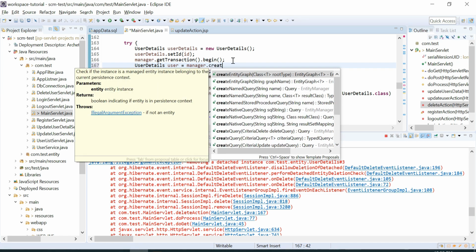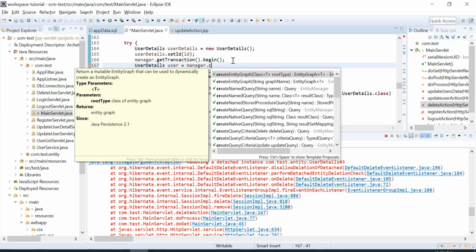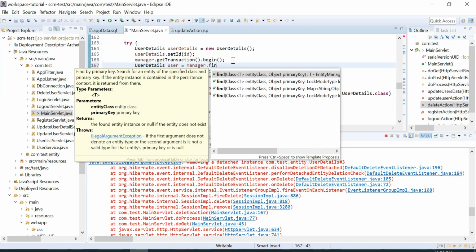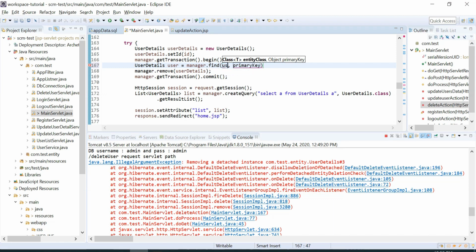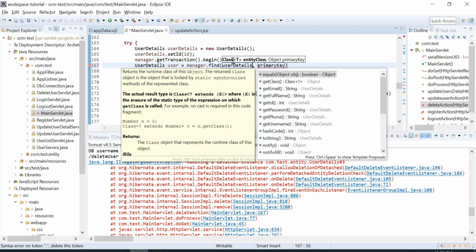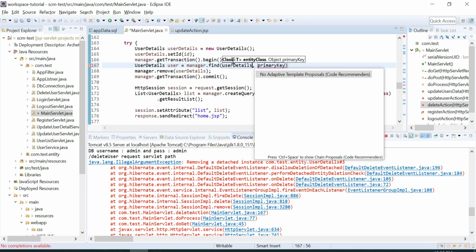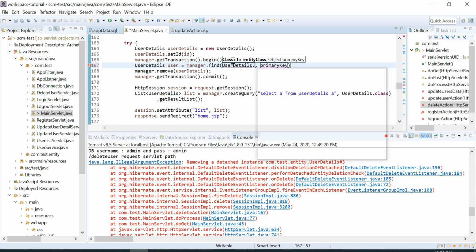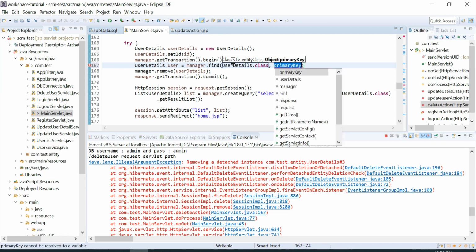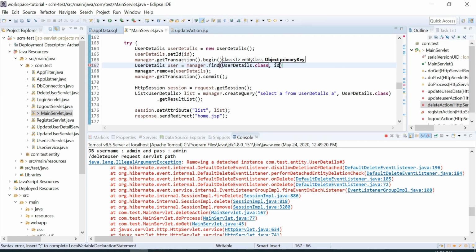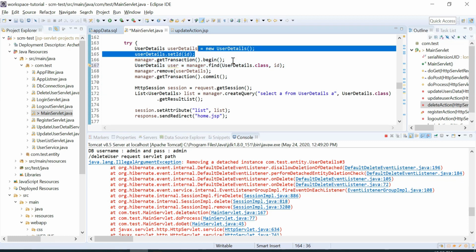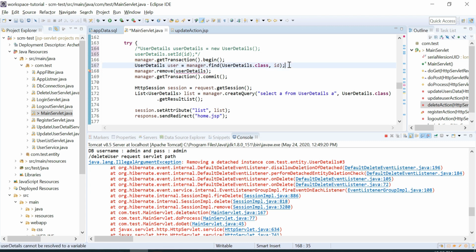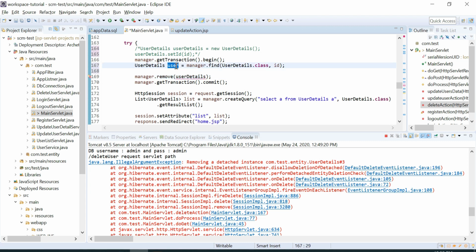I can say not create by, but find by primary ID. User details dot, we have the ID. After getting this user, then I can delete.